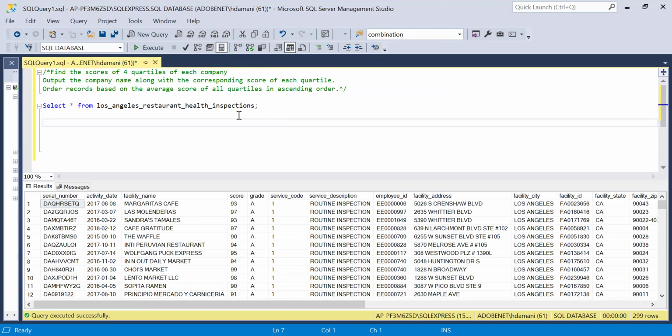So today in this video, we will solve a really interesting data science problem in which we have to find scores of each quartile for each company. Make sure you watch the video till the end to learn how to solve these kinds of problems in